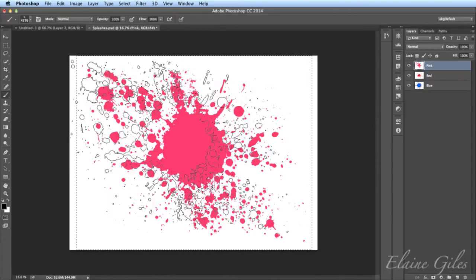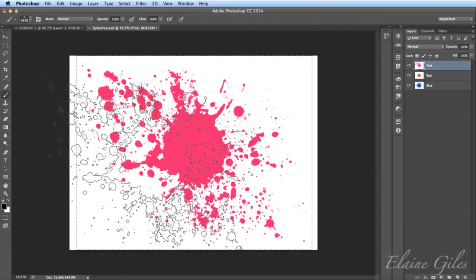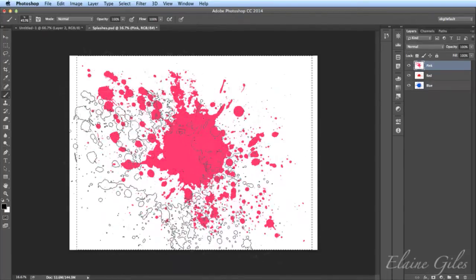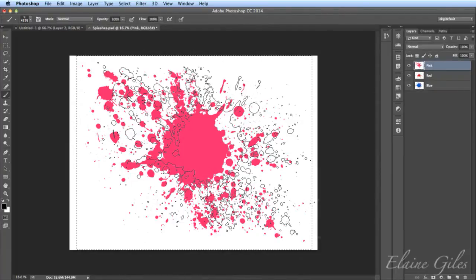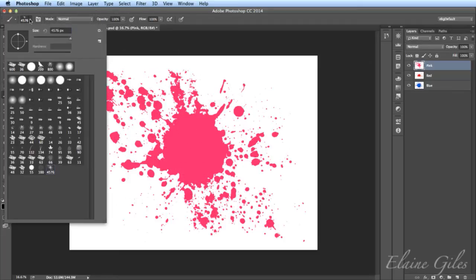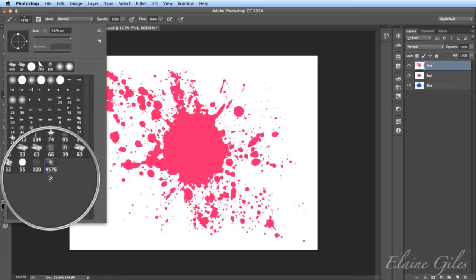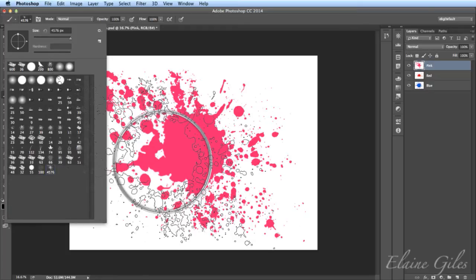So I'm going to press the B key to access the brush tool. And as I move now, you can see my mouse pointer, as I'm moving it around, has actually got that precise shape on it. You can't see it too well because we have the shape already there, but it has selected it. And just to prove the point, I'm going to go up to the brushes and show you that it's that one there at the bottom. So 4576, it isn't referring to a magical mystical number, it's actually the size of it. So it was the size that it was when I created the brush.